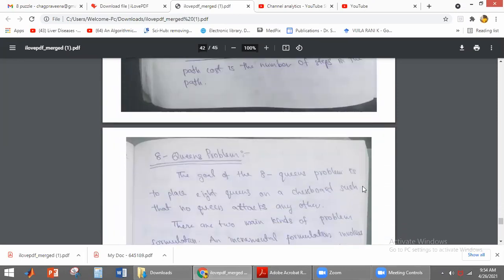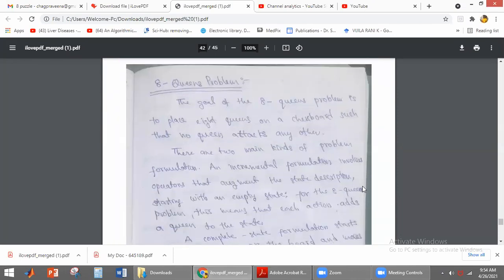So the third problem here is the 8 queens problem. The goal of the 8 queens problem is to place the 8 queens on a chessboard such that no queen attacks any other queen. Okay, like that we have to place the 8